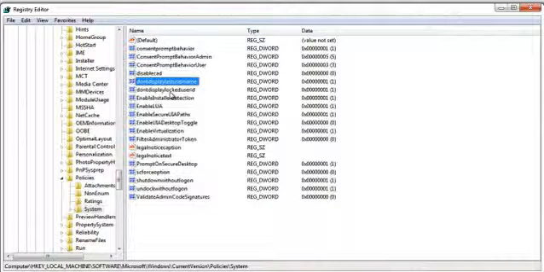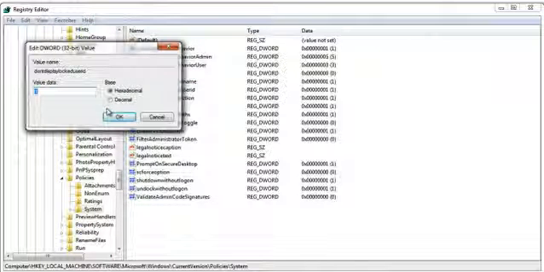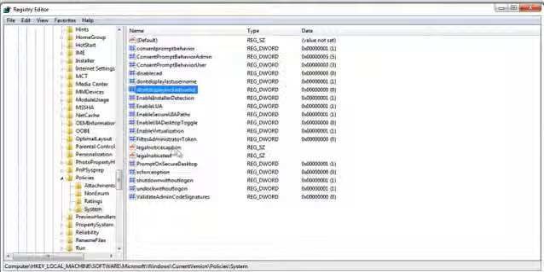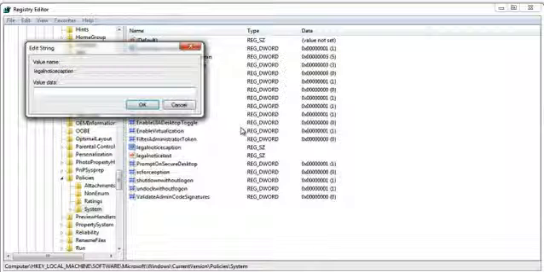Don't display the locked user ID. When it is locked, don't try and show whose name we need to give to unlock it. Let's set that value to 0 as well. Let's configure a legal notice caption so before the person can log in they will see this, and we're going to say very important